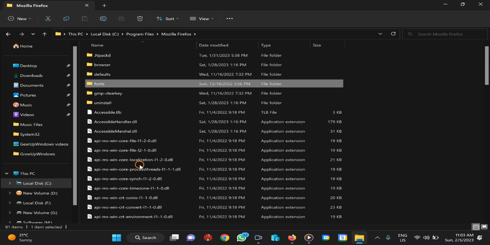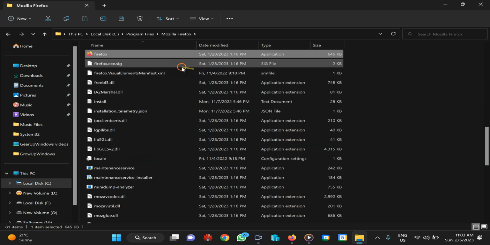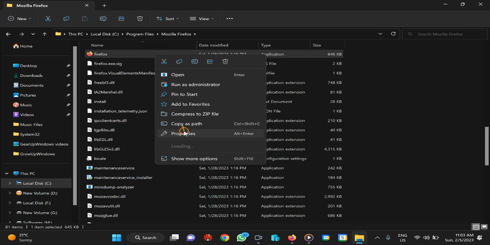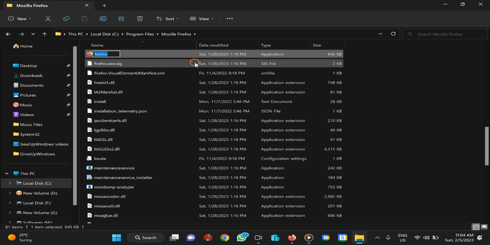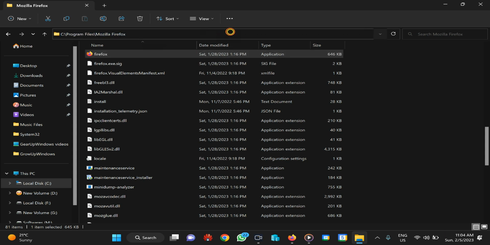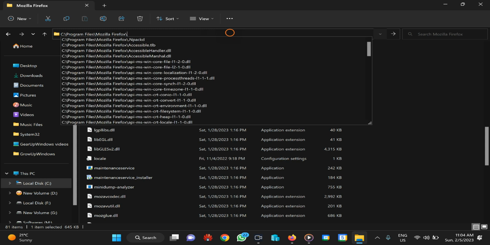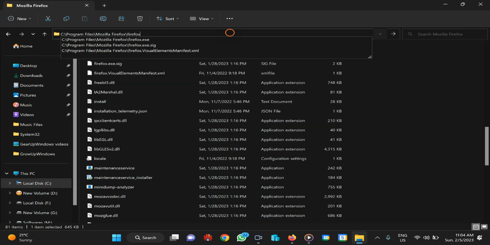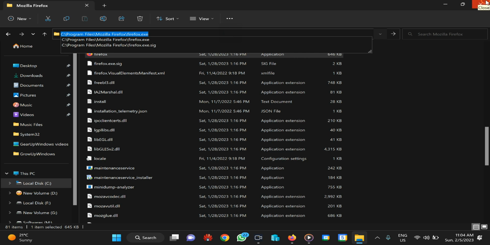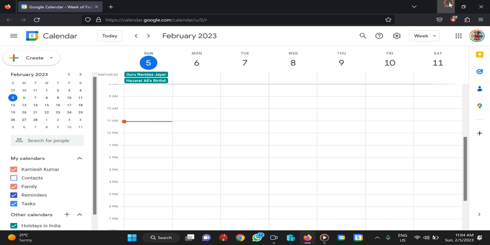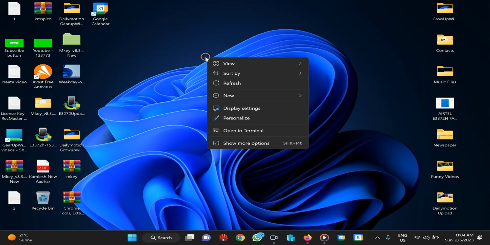Here find the firefox.exe file. Right click on this, click on the rename button, copy this, then click here, put a slash, paste the copied text, and after that put .exe. Again press Ctrl A on the keyboard and press Ctrl C to copy this path. Now you can close this file explorer window, then move to your desktop, right click on the desktop, select new